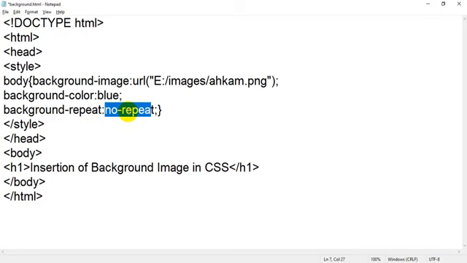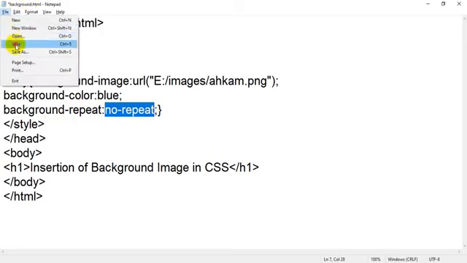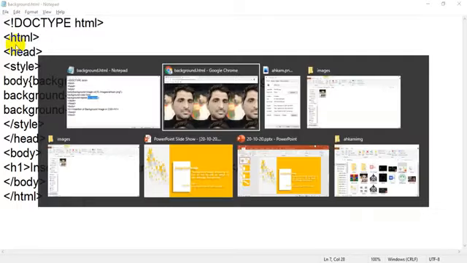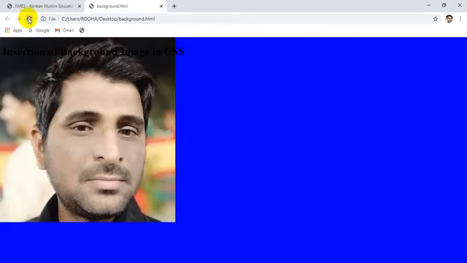By default background repeat is equal to repeat, means it's enabled. But if you want to stop this repetition, you have to use the background repeat property and write the value as no repeat. Okay, flip back to your browser and refresh the file. Now you will get a single image as a background.